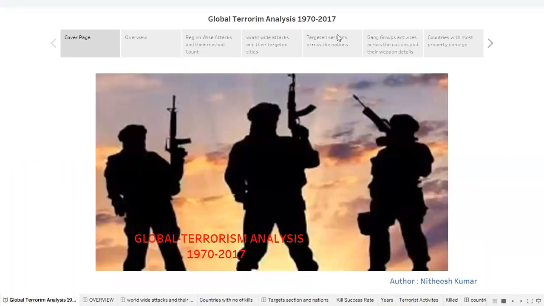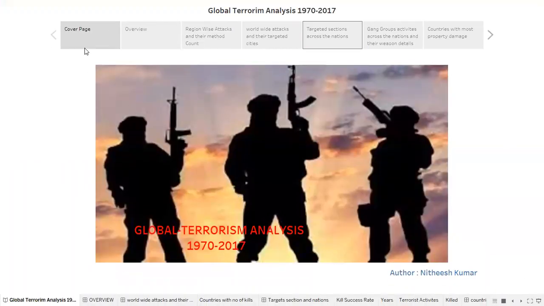Let's just wait for a minute, guys. Yeah, this is the global terrorism analysis visualization. As I said earlier, there are 47 years of data available for our analysis, starting from 1970 to 2017.